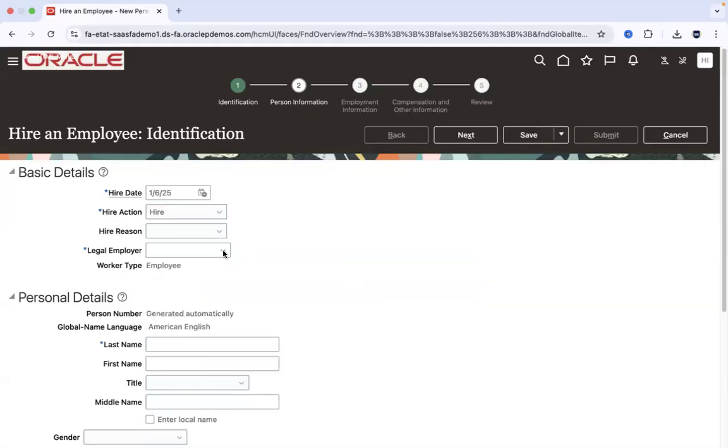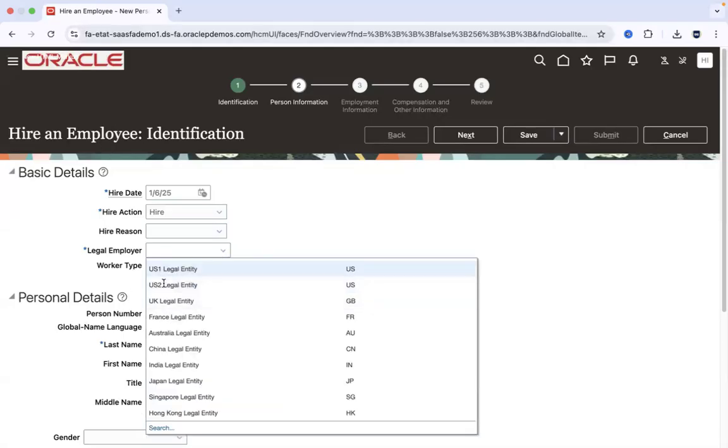But when Kotak Mahindra Bank logs into the Fusion Cloud application and they try to hire an employee, what exactly do they want to see here, guys? They don't want to see India legal entity, US legal entity. What do they want to see? They want to see Kotak Mahindra Bank Private Limited as a legal employer showing up here. Yes or no? And who is going to do that? So what I'm trying to explain here is